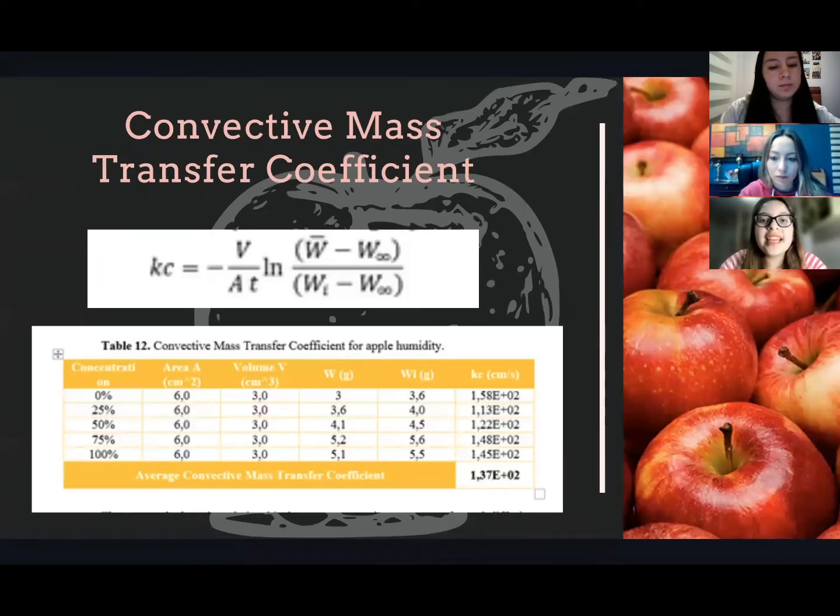Diffusion was taken into account for the modeling process, as it gives a much more simplified process that can be determined by using dimensionless parameters as well as a series function. The average convective mass transfer coefficient was